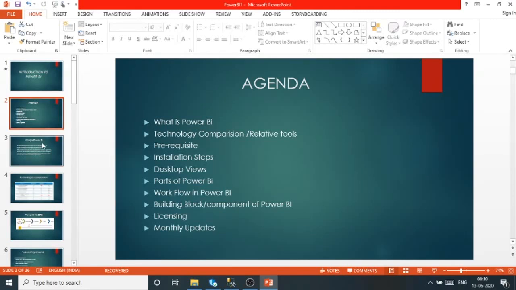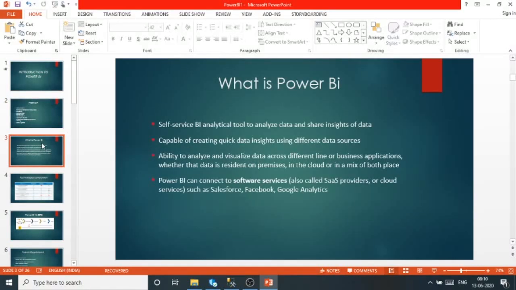So let's jump to the another PPT. So what is Power BI? Power BI is a visualization tool developed by Microsoft. Suppose we have a requirement to visualize the data in the form of charts and graphs. It means we are connecting raw data into Power BI, and we are just able to visualize data in the form of charts and graphs with the help of Power BI.